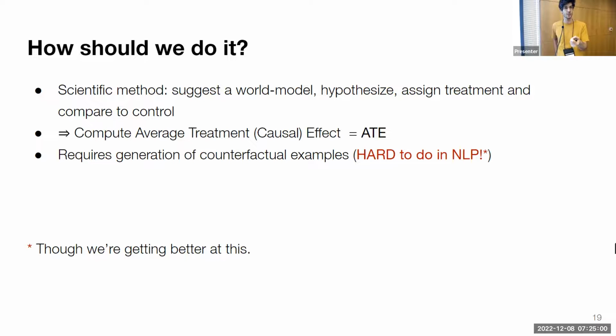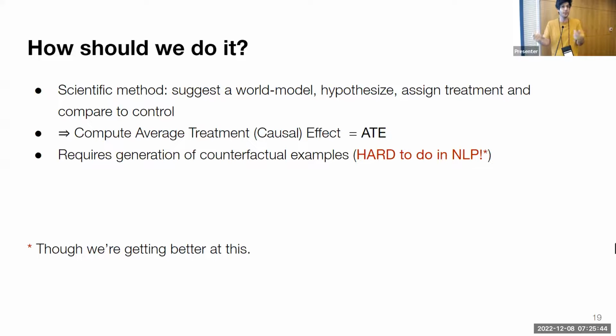But generating those counterfactual examples, where I change something in the text and keep everything else equal, could be quite hard. In the case that Zhijing mentioned before, where I just change one pronoun, I can solve it with a regular expression. I could generate an entire test set where I intervene on this specific pronoun, and we could all agree that this is fine. But if you think about more abstract concepts, such as topics or intent or some high-level way of thinking about sentiment, this becomes very hard. Specifically in NLP, because everything is entangled within our representation, within our text, disentangling a specific concept from the others, such as adjectives and the political candidate, can be quite hard at times.